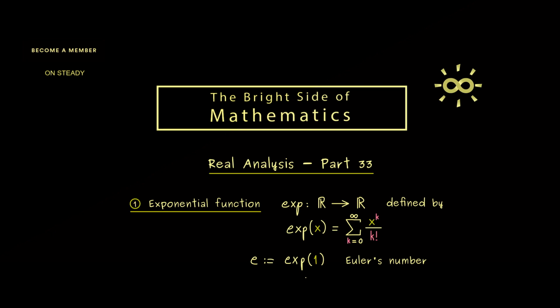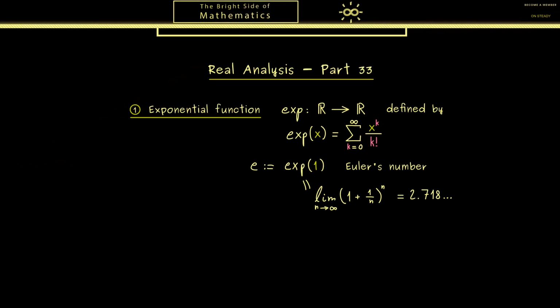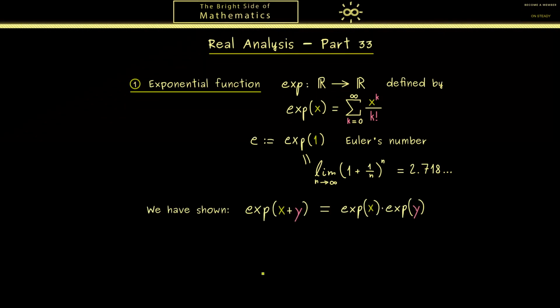Also, it's possible to show that this number can be defined by another sequence. Namely by the limit of (1 plus 1 over n) to the power n, which is roughly 2.718. Now, this exponential function shouldn't be new to you, because we have already discussed it in part 22. There we have shown the fundamental multiplicative identity for the exponential function, which translates the addition inside into a multiplication